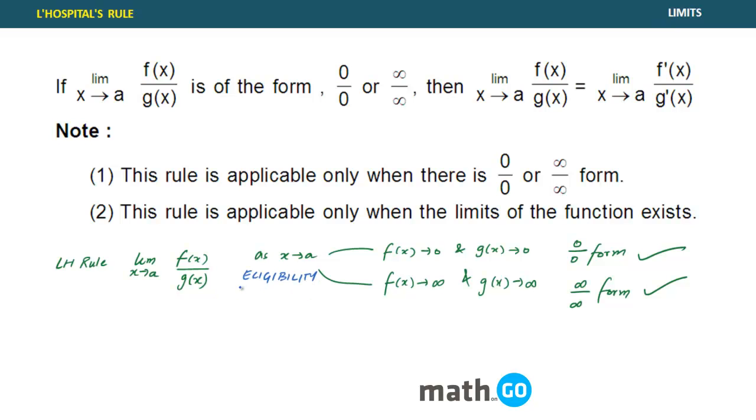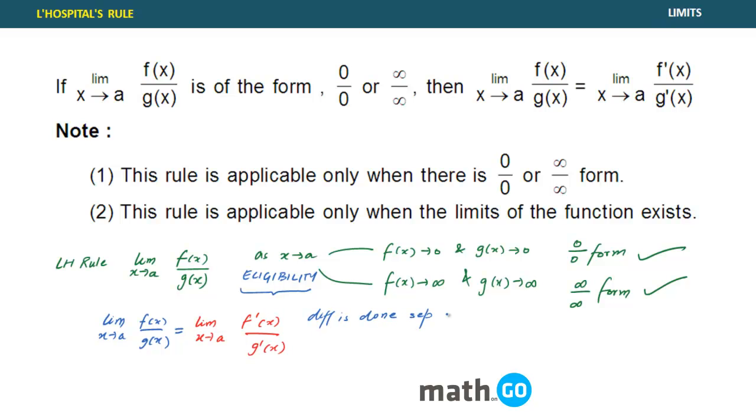Do not apply LH rule anywhere whenever you feel like doing. This is the common error that everybody does. And the rule says if this is happening, then the limit x approaching a, f(x) by g(x), right, can be written as nothing but very simply limit of x approaching a, differentiate f, f dash x, and differentiate g, right? And this differentiation is done separately. Remember, differentiation is done separately,